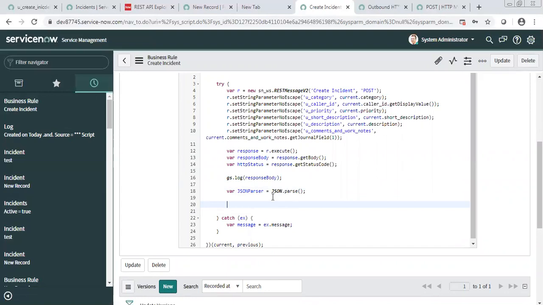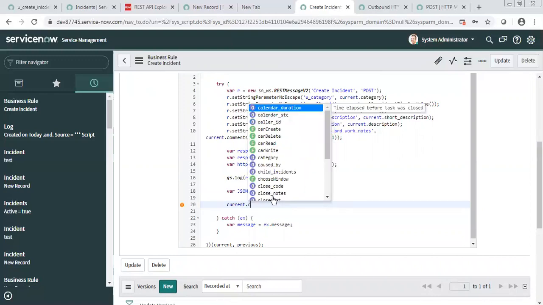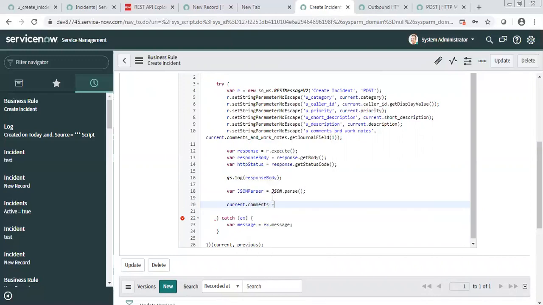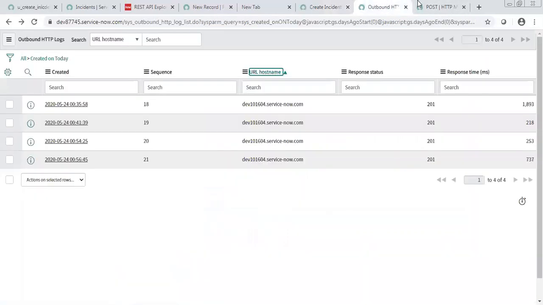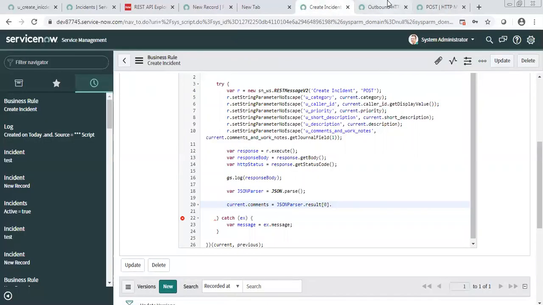So what you can do is use current dot, is equal to JSON parser dot display value.